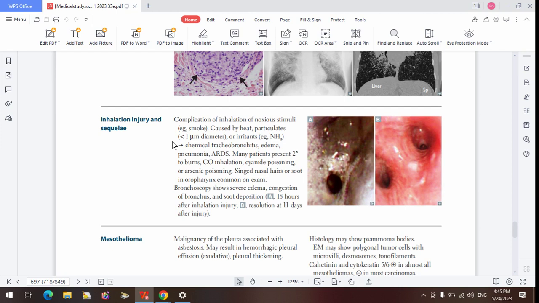If there's inhalation of the particulate matter suspended within the smoke, or irritants like ammonia, it can also cause inflammatory responses within the airway. If they inhale that, you can have inflammatory triggers, which can cause inflammation of the airways, particularly the trachea and the bronchi. So they can have what we call chemical tracheobronchitis. That one is just talking about inflammation of the airway. And of course, if someone has inflammation, there's going to be release of inflammatory mediators that will bring about an increase in capillary permeability, and increased blood flow to that area to recruit more inflammatory cells, which explains edema.